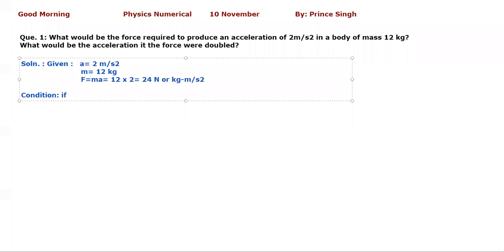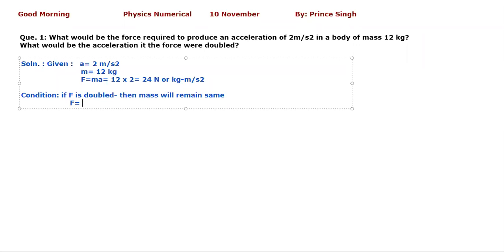if force is doubled, so this means that mass will be the same. It will remain the same, no change in that. So after that we can say,